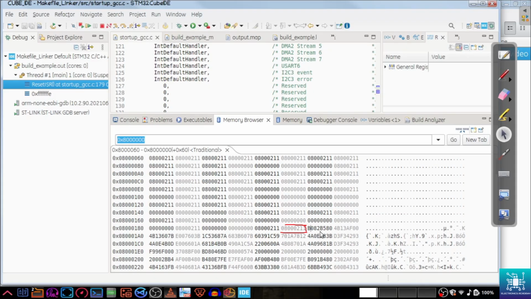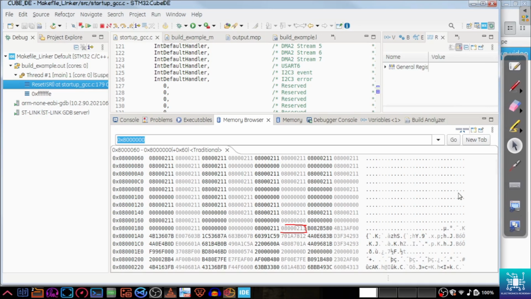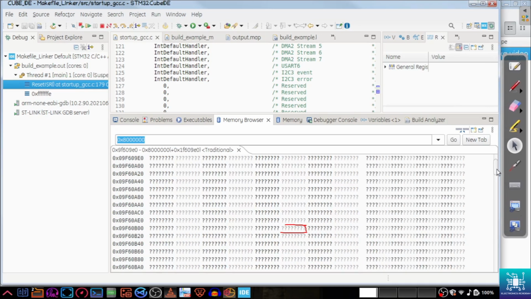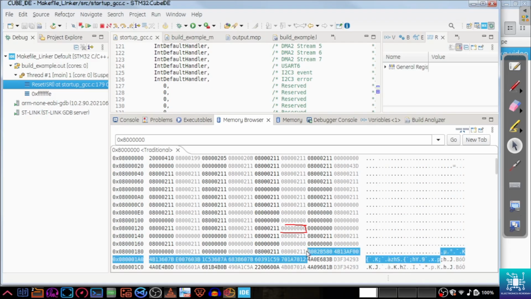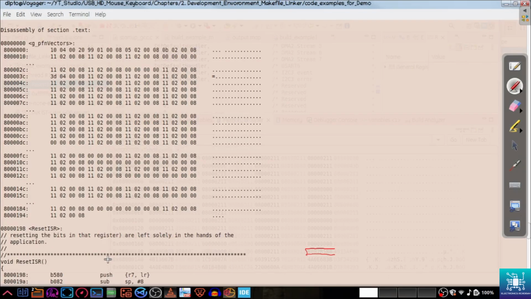Now, so this is the dot text section. If we go down, the dot text section continues. So if you need to verify that this is indeed the code, what you can do is we will have a look at the output file now. So once we see the output file, it will be in the .out file. If you see, after 800194,